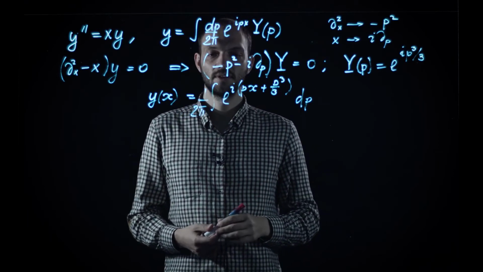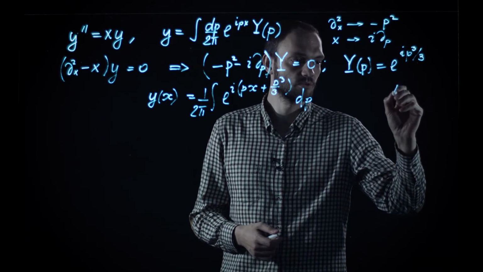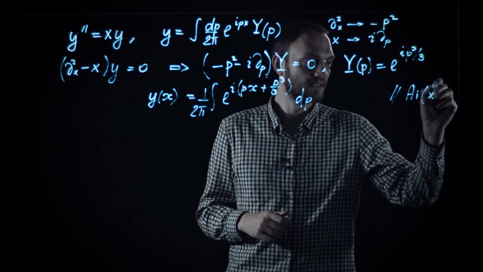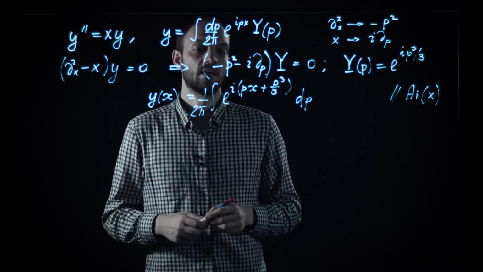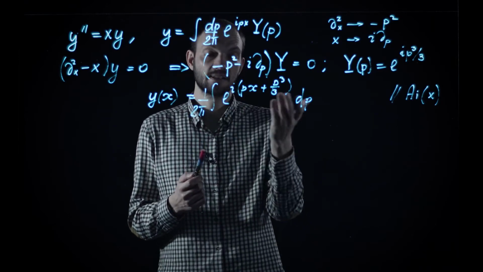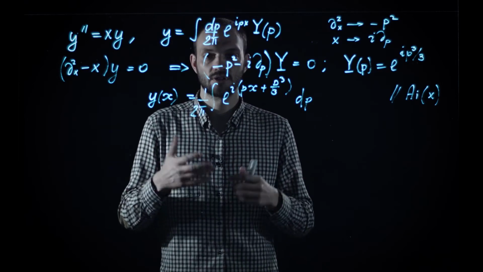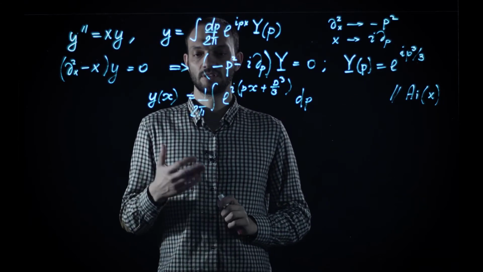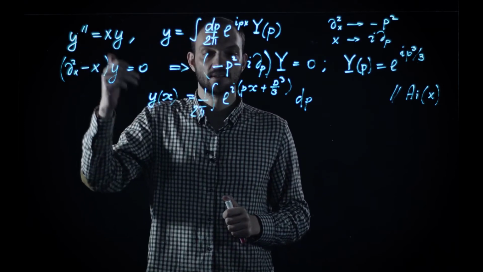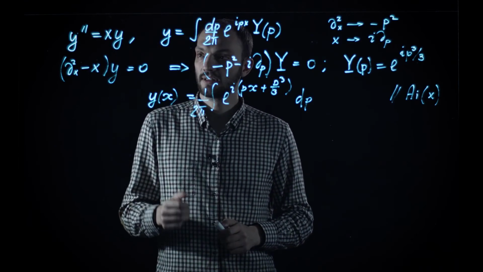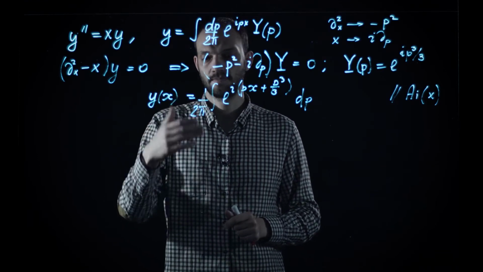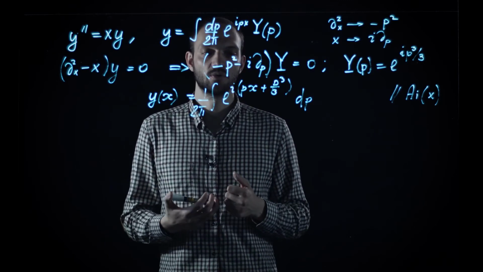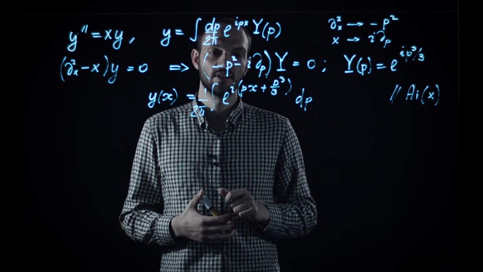In fact, this procedure yields precisely the Airy function. So, a side comment, the normalization here just gives us exactly the canonical definition of the Airy function. And now, as it stands, this expression is very useful and allows us to extract a lot of information about this particular solution. But the immediate question to be asked is, what about the second linearly independent solution? In fact, it happens that in order to construct the second linearly independent solution, it is necessary to go to integration in complex p.